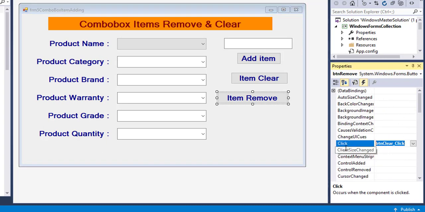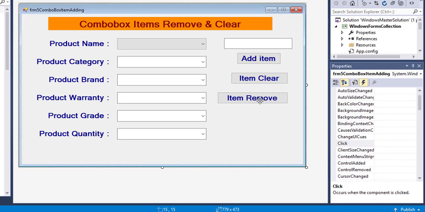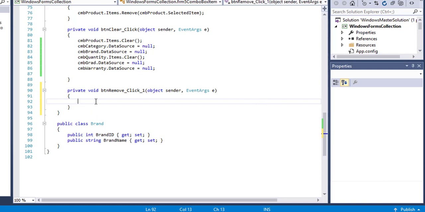Clear the event. We can remove an item from the combo box in 2 ways: using the selected item and using the index of the item. Now I will delete using the selected item.